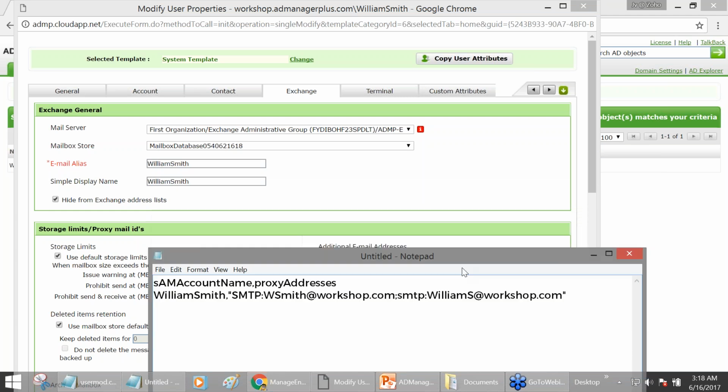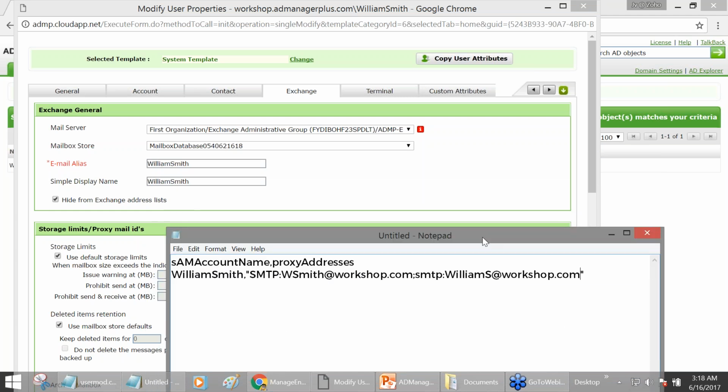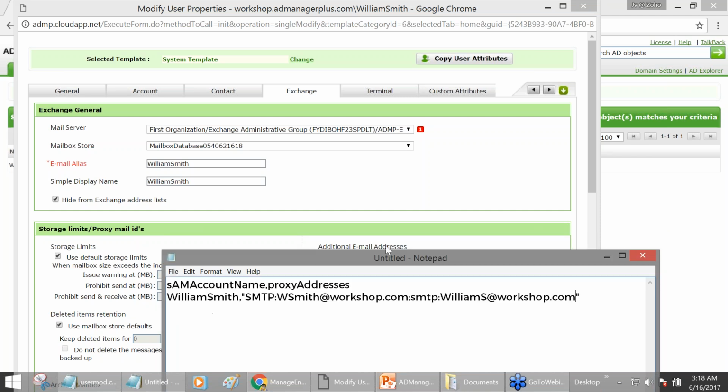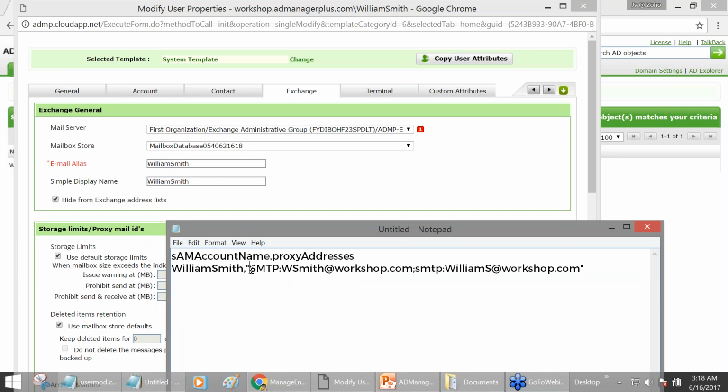I'm trying to alter the SMTP address, or basically for that matter an AD user attribute, using a CSV import. So this can be for a single user or a bulk of users. So here I've taken the example of William Smith, whose existing primary SMTP address is the one that I'm pointing to, and I'm wanting to change it to this specific SMTP format that I've listed right here. So for clarity's sake, let me quickly add numbers right next to it so that we can see the modification